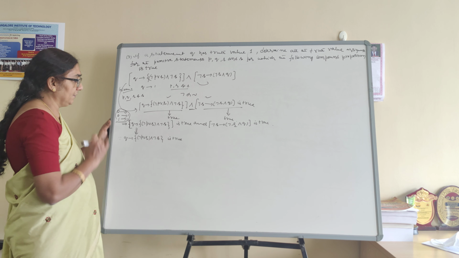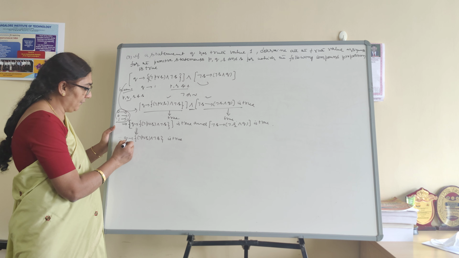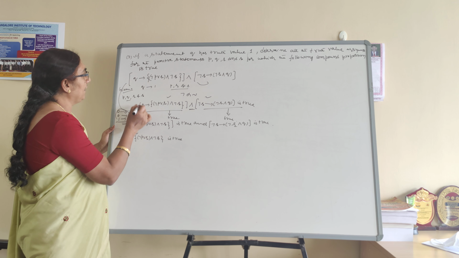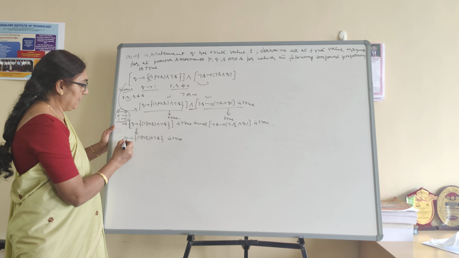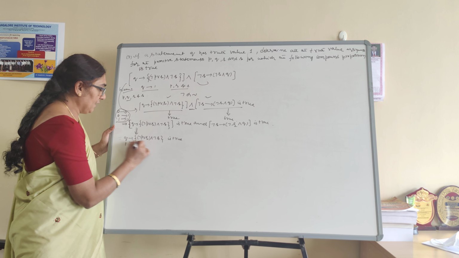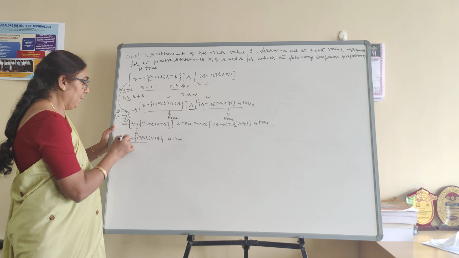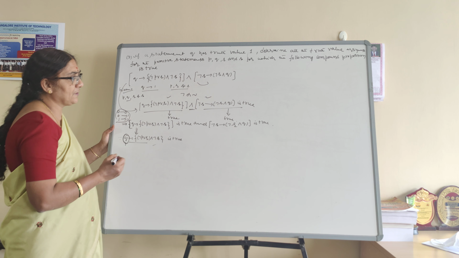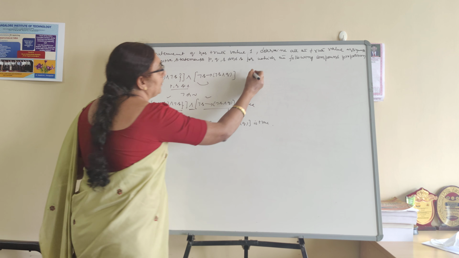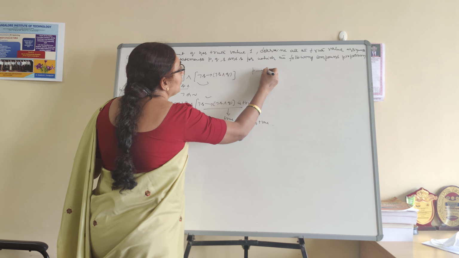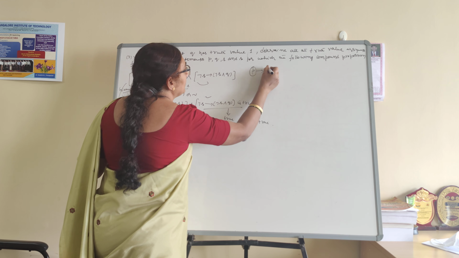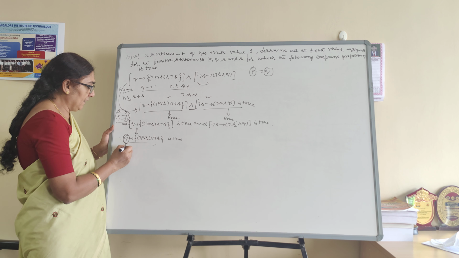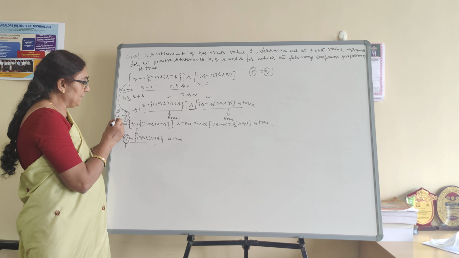But you can't take all the 3 cases as true because they have already given the Q value. What is the Q value they have given? In the beginning they said the Q value is 1. Therefore, this conditional statement is true. This is called the hypothesis, and this is called the conclusion. Please try to understand one point I forgot to mention in my previous class. In P conditional with Q, this is the hypothesis and this is our conclusion. The hypothesis is already given as 1. The hypothesis is fixed.